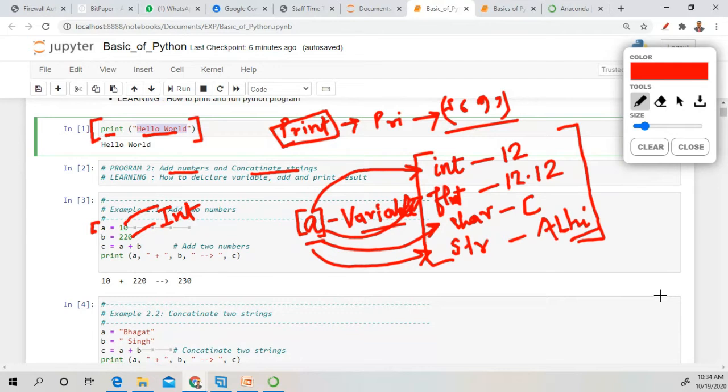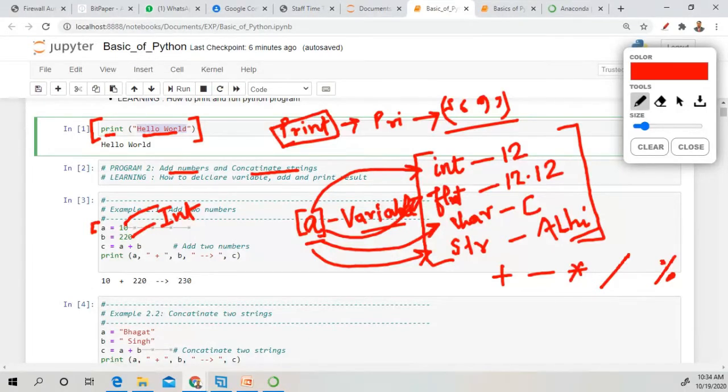If you want to add these two values, we have to use operators. There are different types of operators. For addition, we use the plus symbol. For subtraction, we use minus. For multiplication, we use the star symbol. For division, we use the slash. For mod, we use the percentage sign.